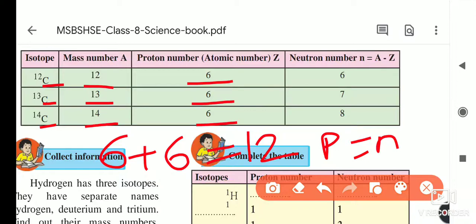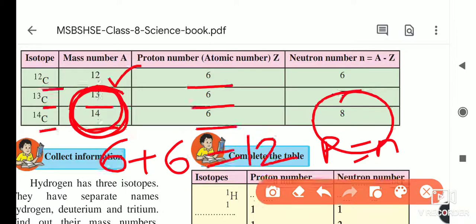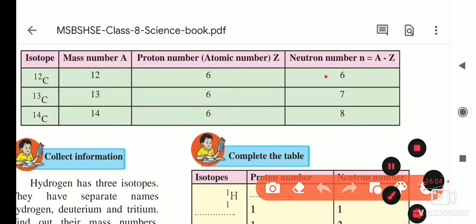But if you notice here, at first place only, these are the carbons only, and mass numbers are given. But here it is different. And why is this different? The reason behind it is that the number of protons is the same in the carbon. But what is different? As you know, this is suppose our carbon.